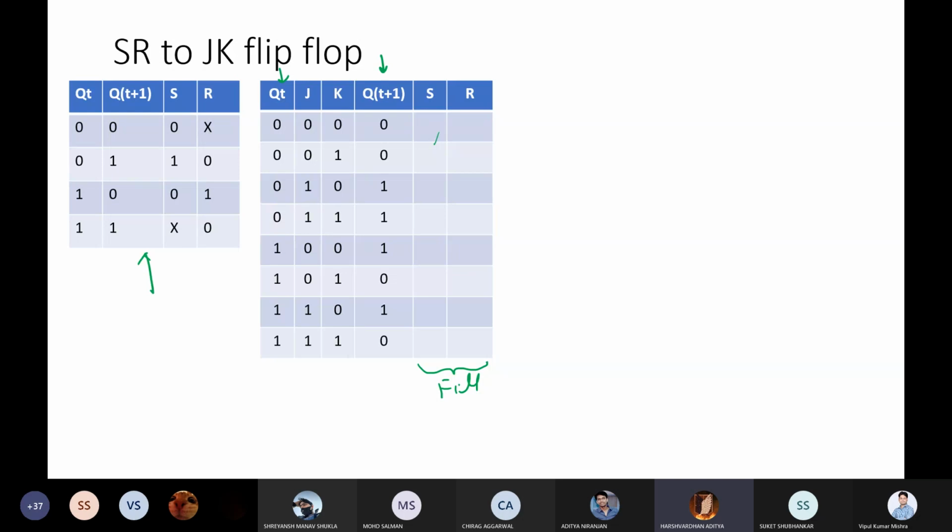Sir, for S it is QT bar J, and R is J bar K plus J K bar QT. Okay, so let me do it quickly.